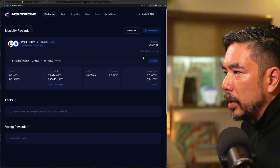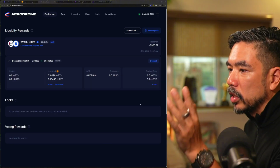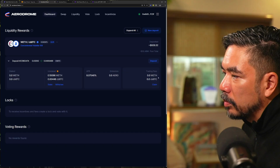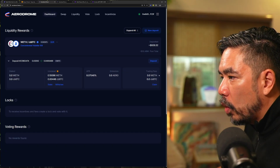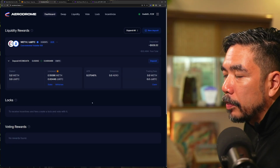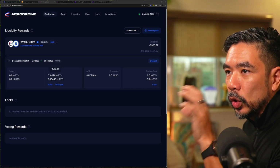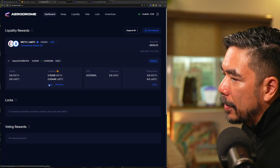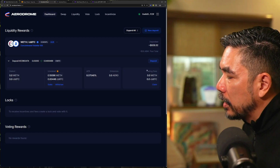Okay, so at this point, you're done. You can just leave this and start earning the trading fees here. Obviously, there's no trading fees yet because we literally just created it a minute ago. However, you can take one extra step and stake your liquidity position itself. You can take this LP, tokenize it, and put it into a staking vault, and you will earn a little bit more from that. I usually stake it, but the difference, and this is the part that you should understand,